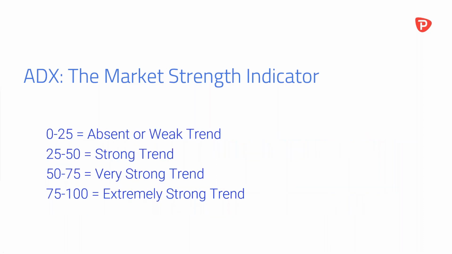In general terms, of course, under 25 is absent or weak trend. Over 25 to 50 is strong trend, and between 50 and 75 is very strong trend. Now, Tyrone, we barely ever see 75 to 100, and really, if you do see that, it's pretty terrifying in terms of you probably are seeing a bit of a bubble and a huge amount of excess in that particular currency pair, commodity, or index. Yeah, and generally when it's up in those levels, you're probably looking more for the reversal more than anything else, because it's obviously very overextended.